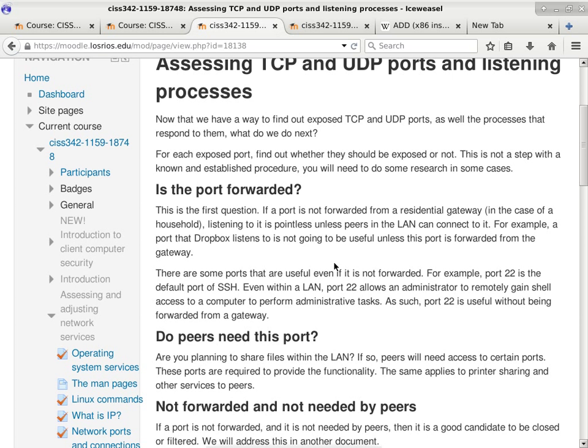You can check whether a port is forwarded only by looking at, well, okay, there are two ways to do it. You can do it from the outside, okay? So from school, okay, if you know the IP address of your home, your residential gateway, I'm not gonna do it here, but potentially I can see someone doing it from the outside, okay? But the best way to do it is to look at the configuration of your router, just so that you can see what ports are getting forwarded. You can check the rules of port forwarding.